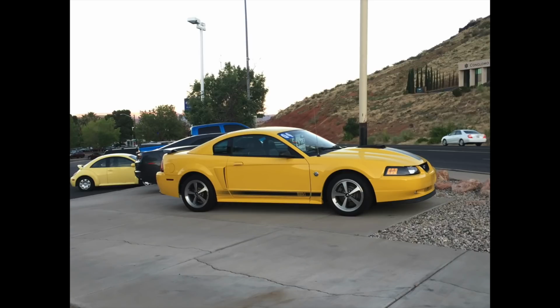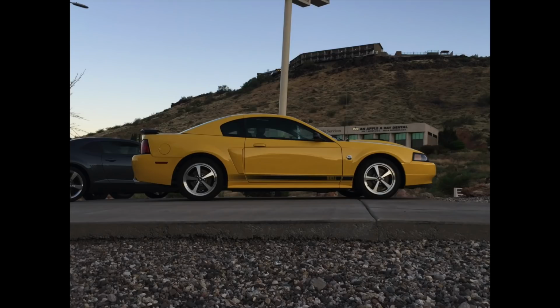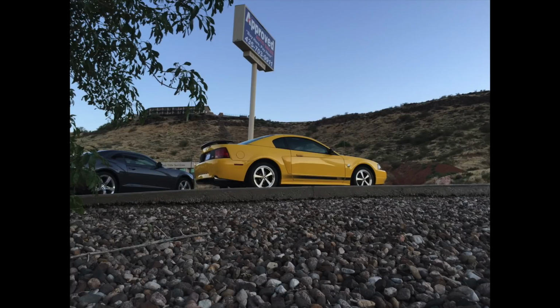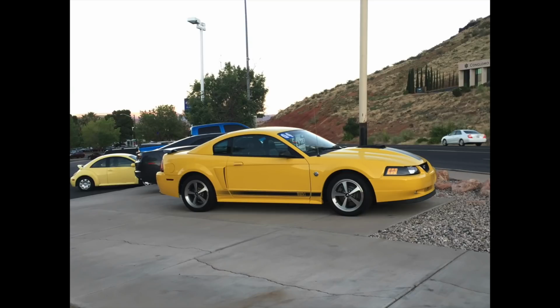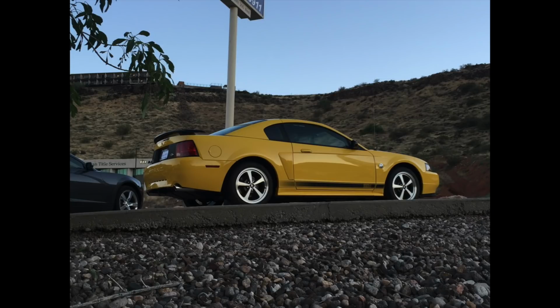So anyway, I just thought I'd stop and see this car and take some video and pictures of it. Every time I go by and I see it sitting there for sale, I just want to buy it. It's real tempting. I love this car. Beautiful, bright, good looking, low mileage, really nice new edge Mustang, especially for a Mach 1. You just don't see them like that anymore. You will rarely find one sitting on a lot for sale like this. But anyway,